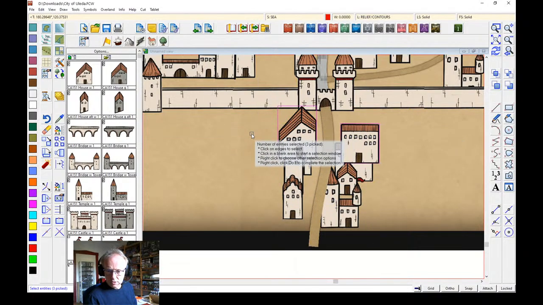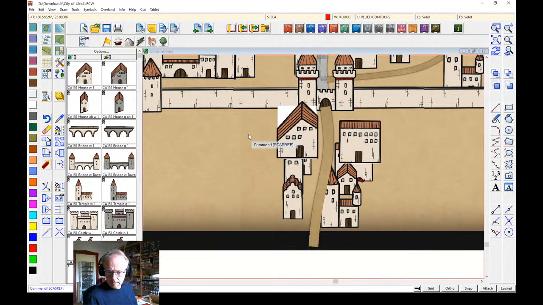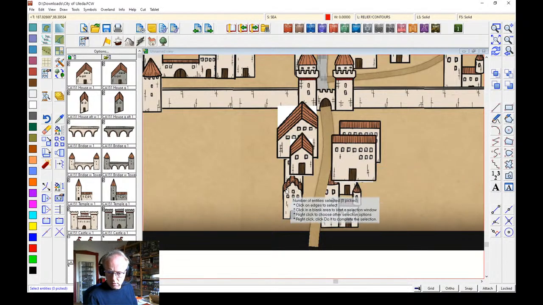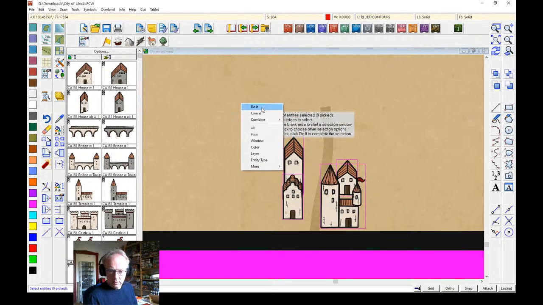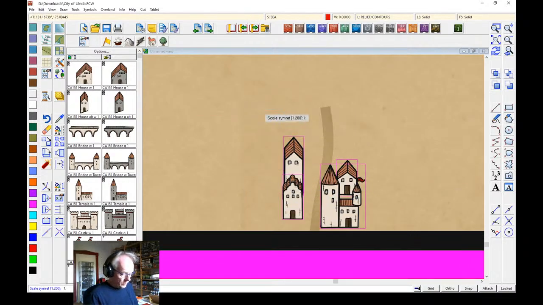Let's just do these two. Make this 1.1. Then I'm going to take these two and make them 1.2. And the final ones down here, do it 1.3. You're seeing I'm not bothered about selecting other stuff but symbols,